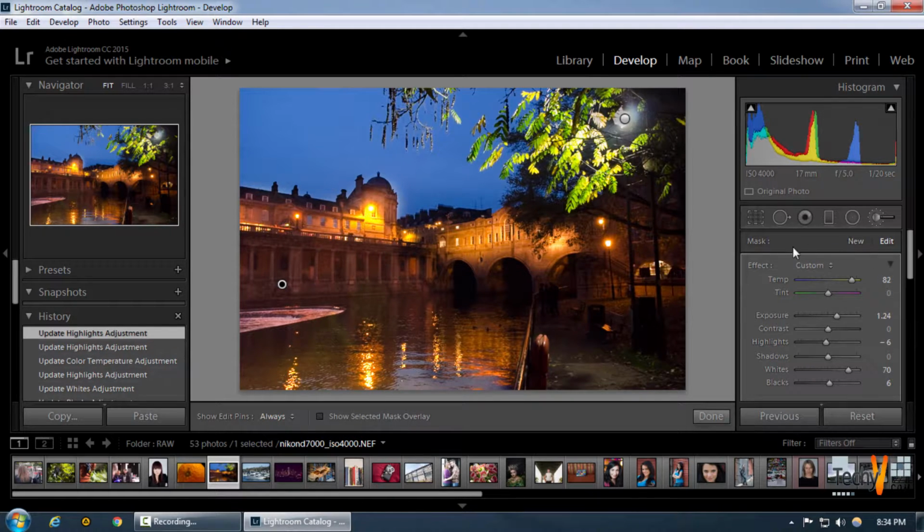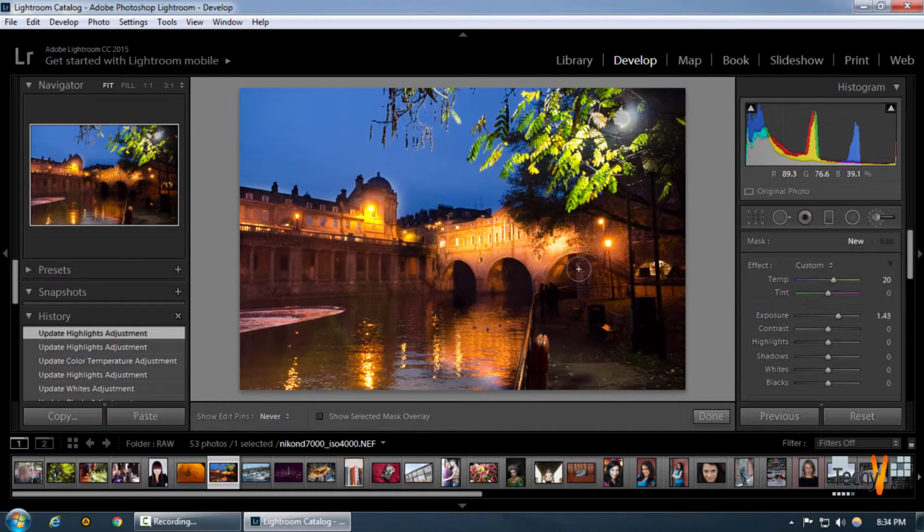Now we're going to make one more selection. For that, we're going to press new over here and select this bright portion, which is in pretty contrast with the rest of the image, and make the final changes to it too. As you can see what we have selected over here. Now we will reduce the exposure just a little bit,